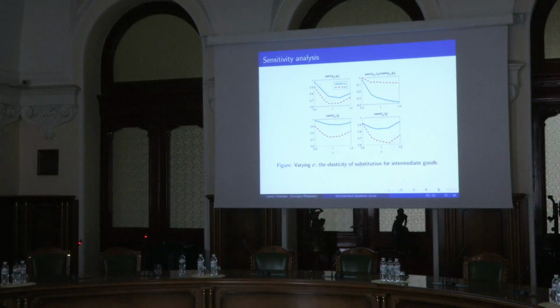This is just a sensitivity analysis, very parameter. I don't know how interesting it is. It's this sigma. I said it's the elasticity of substitution between home-produced goods and foreign-produced goods. So we vary that between 0.5 and 1.5. So kind of low number to a relatively large number. And you can see that the correlation coefficient for output stays above 0.6 always. There are two lines because we have basically two versions of the model and I only shown one, but it's not